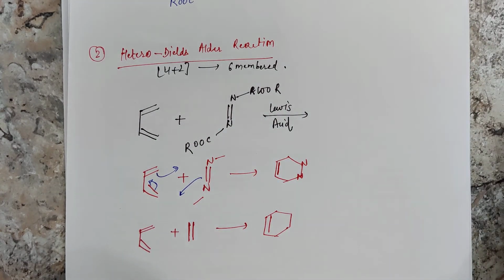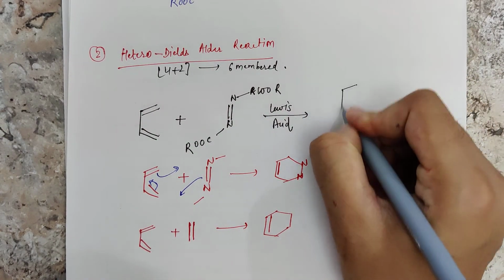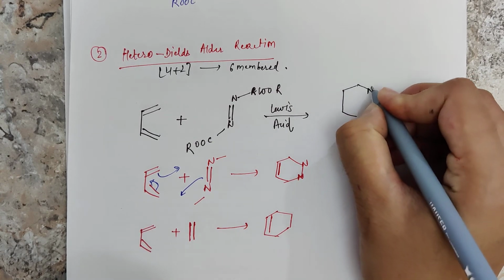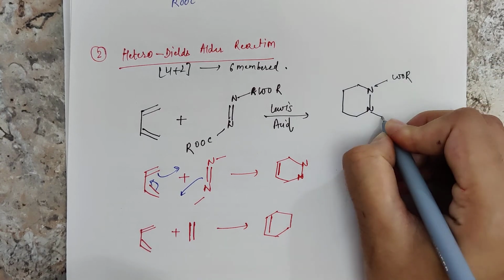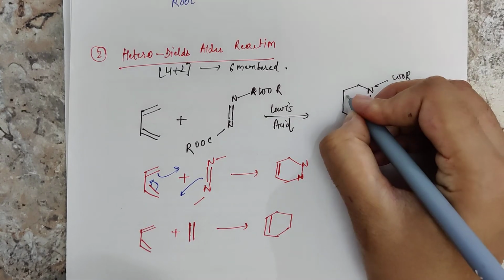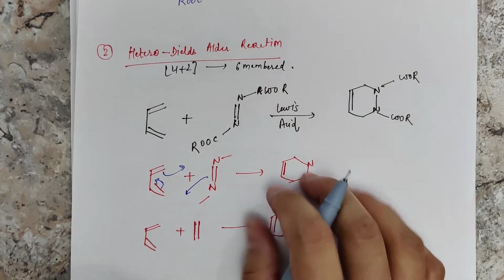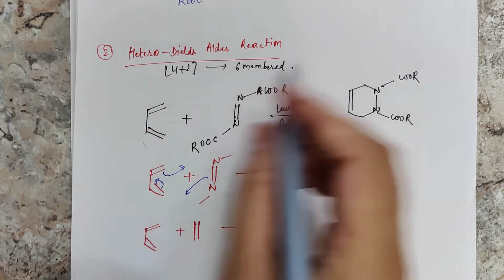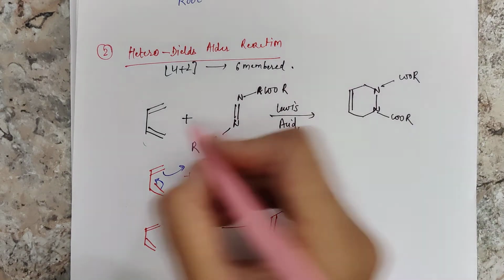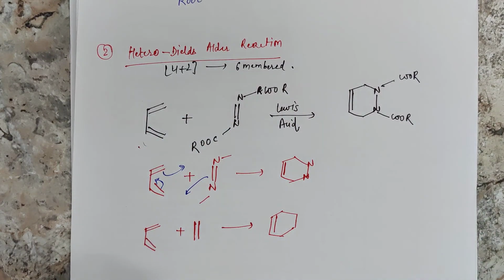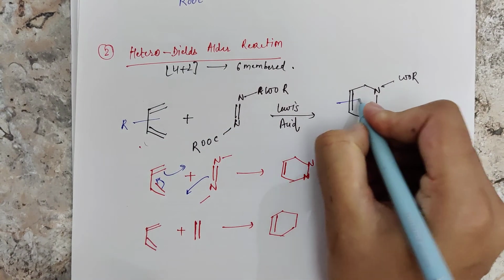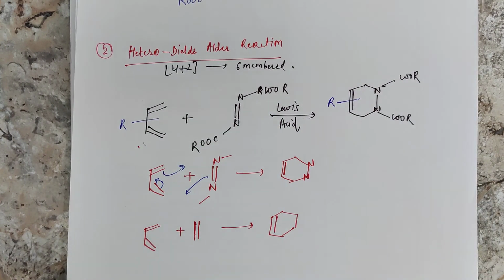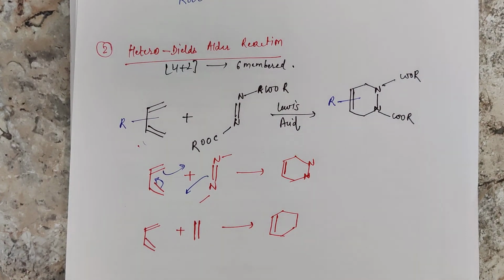So the product obtained in this case is this, substituent will come as it is, and one double bond here. Now this diene could have any number of substitution. So I'm writing an alkyl group here. That alkyl group will remain on its own position जहाँ भी रहेगा. So you can easily predict